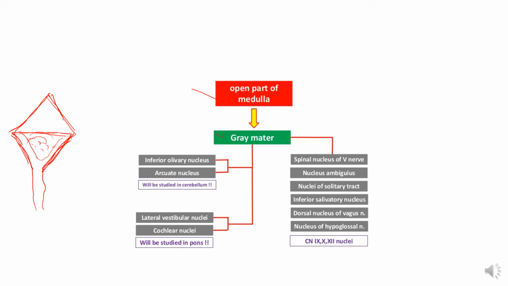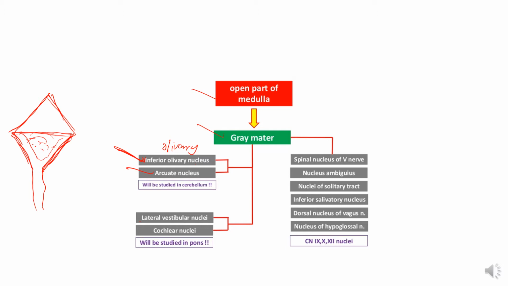Now the gray matter in the open part of medulla is the presence of the inferior olivary nuclei, the olivary complex. Apart from the inferior olivary nucleus, two other olivary nuclei are present, which are the medial and dorsal olivary nuclei. They are the smaller ones, but the larger one is the inferior olivary nucleus, which produces a bulge on the anterior aspect of the medulla called the olives. Now arcuate nuclei, these are present anterior to the pyramids, we will see later on.